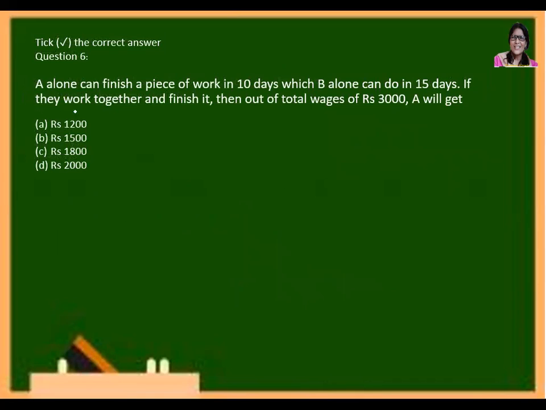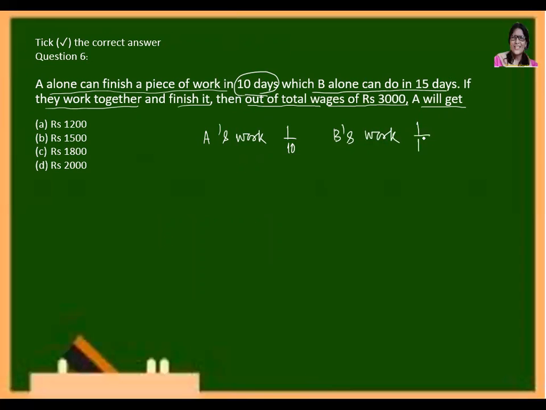Next, question number 6. A alone can finish a piece of work in 10 days. B alone can finish in 15 days. If they work together and finish it, then out of the total wages of rupees 3,000, how much will A get? So A finishes in 10 days, so A's work is 1 by 10 and B's work is 1 by 15. Or the ratio of their wages will be